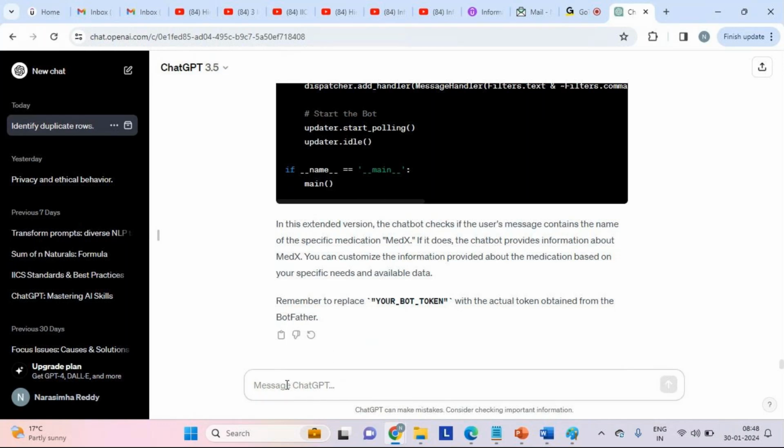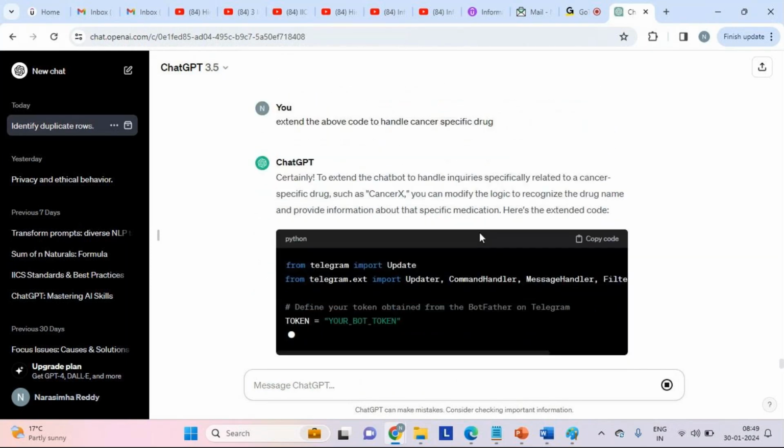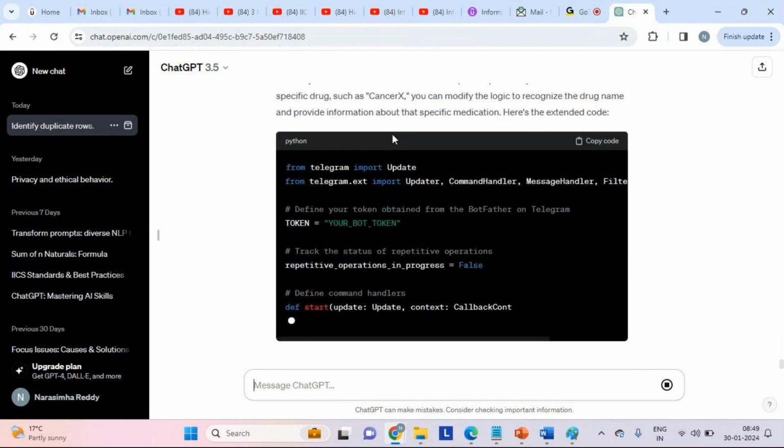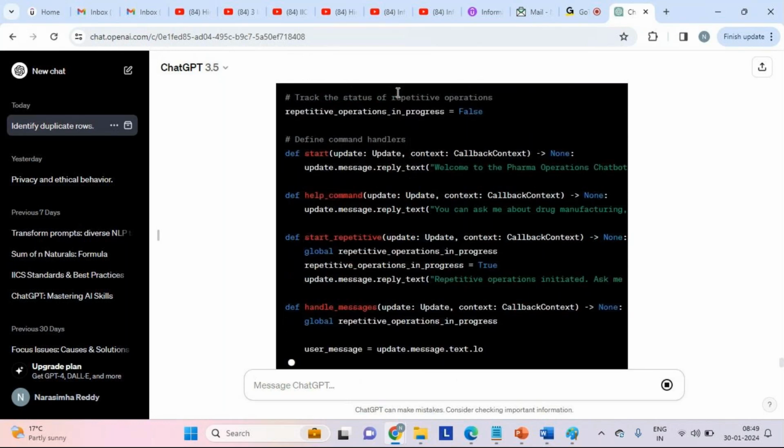Similarly, we can also ask to extend the above code to handle a cancer-specific drug, for example. Let us see what it is going to respond. See here, cancer X. It has just given cancer X. So that's where you will have cancer specific.